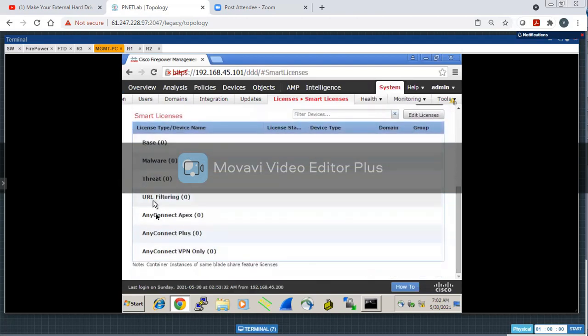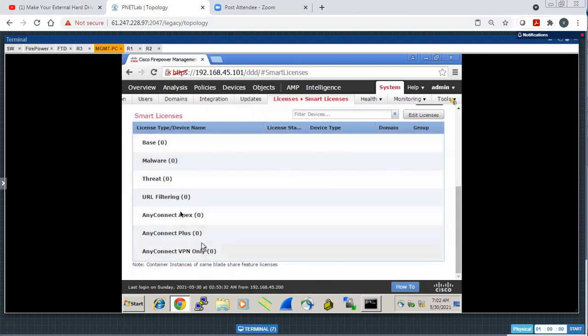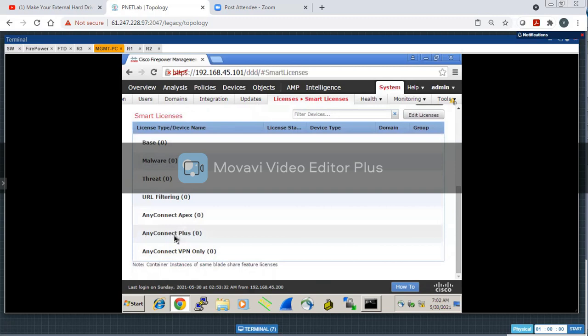1, 2, 3, 4, 5, 6, 7 features. With the evaluation mode, we can work on these licenses, which is base, malware, threat, URL, AnyConnect, AnyConnect Plus, Apex, and VPN. So AnyConnect would be the RA VPN.